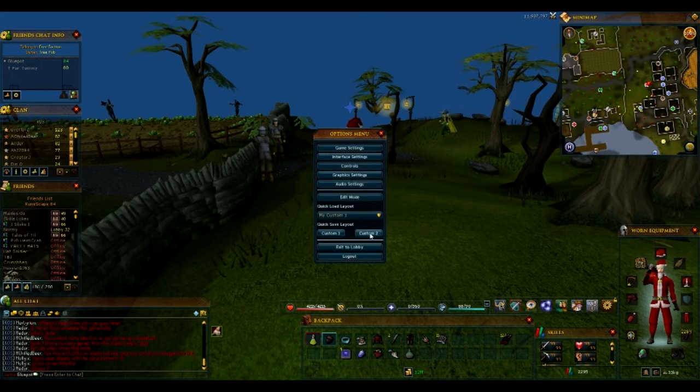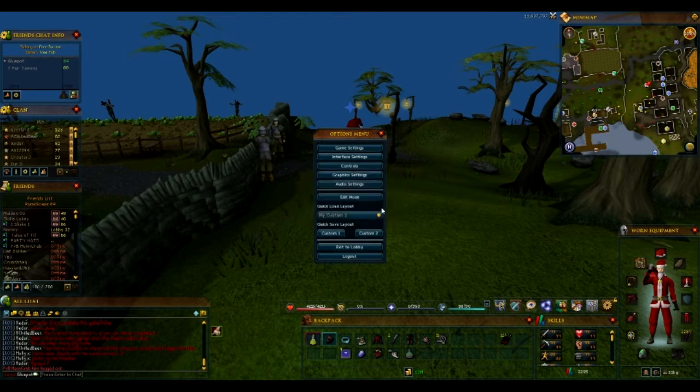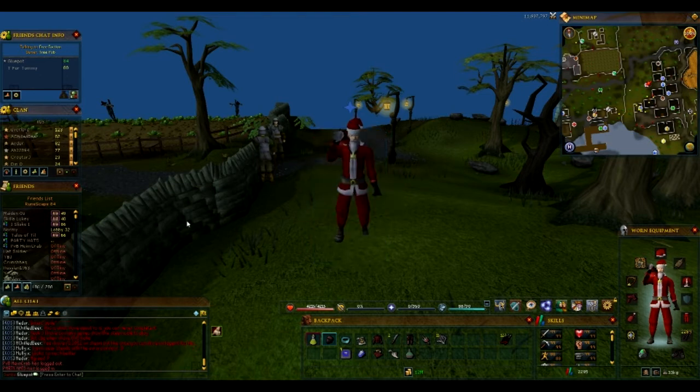And today I'm going to show you how to make, well, hopefully you'll learn how to make the rest of it. I'm going to use my custom 2. And this will be for my combat, because I'm going to do Slayer soon. So I'll just move that up there. Save it again. Now, when you've got all this set up,